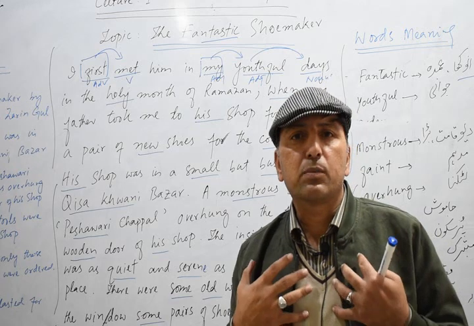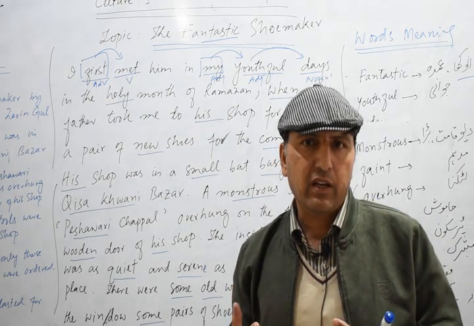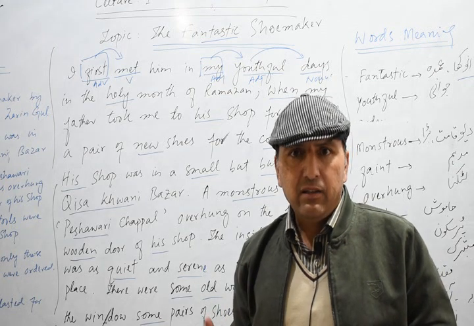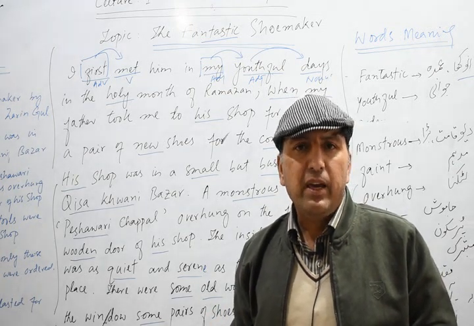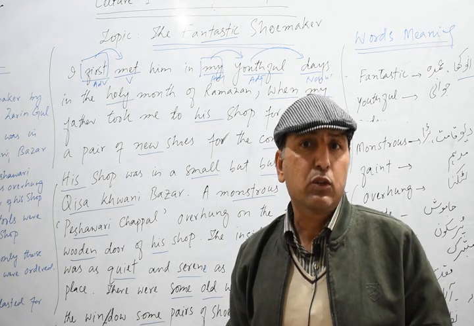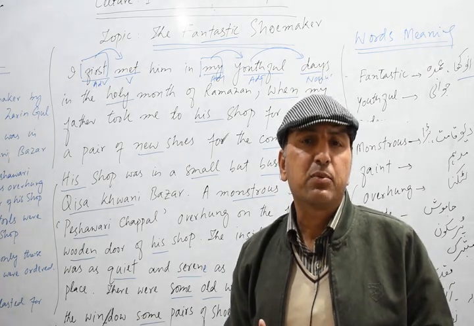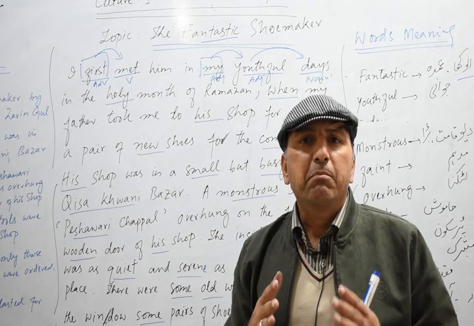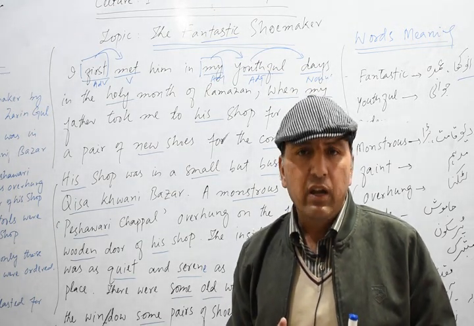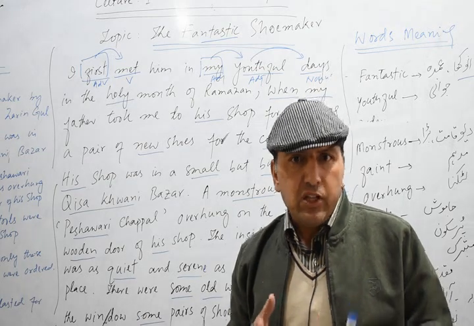It shows possession. मलकियत को जाहिर करते हैं. My pen, my bag, my bed. So my is used for possession. ये क्या मलकियत को शो कर रहा है. So my is a possessive adjective, and mine is a possessive pronoun. Mine is a possessive pronoun, and my is a possessive adjective.